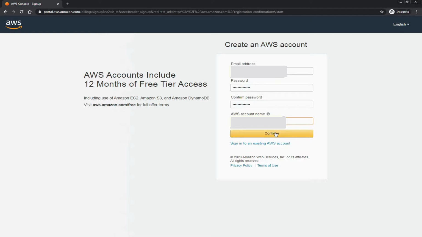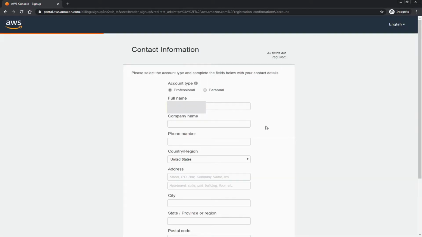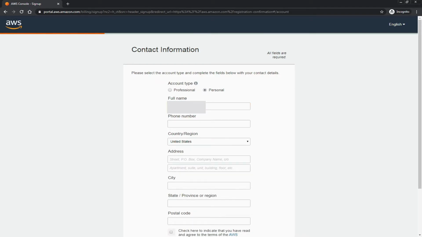Then click continue. Then you need to select the account type, and in this form you also need to include your contact information, including your full name. By the way, regarding professional or personal, you need to select professional if you would like to use the AWS account within your organization, for instance at work or for your business. I will select personal because I'm going to use it for personal use. So now I will write my full name,